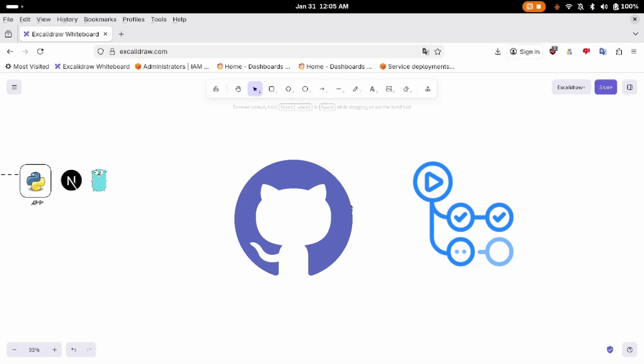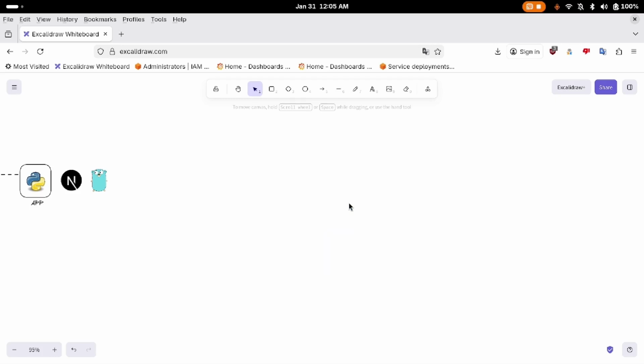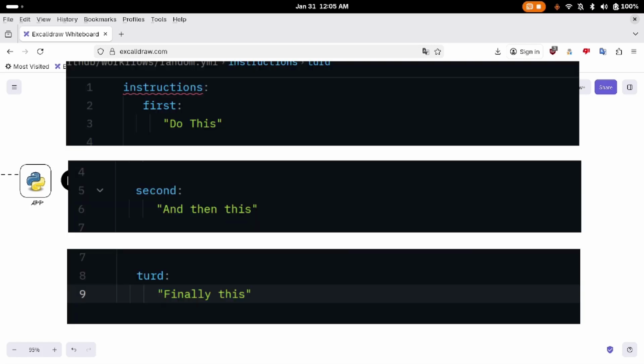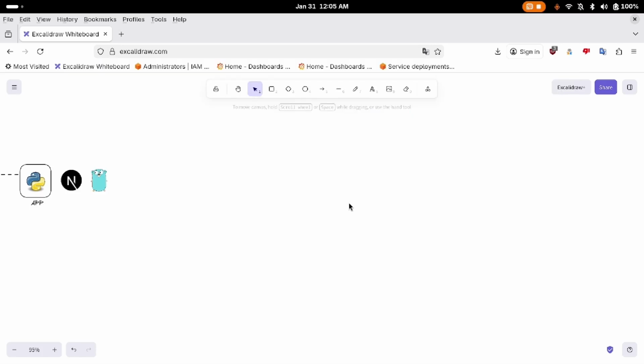So what does it do? It basically just runs commands based off of a set of instructions you provide. These instructions will sit on a YAML file inside the workflow directory. I'm not going to deep dive into this, we can do that in another video, but basically here's what to